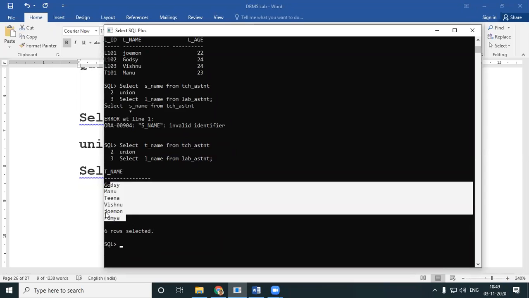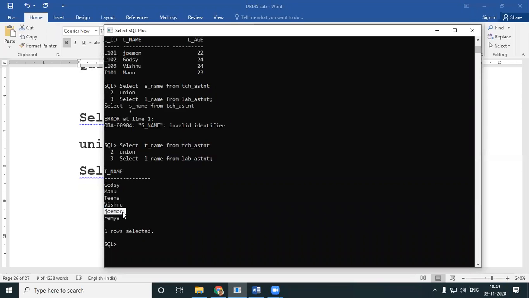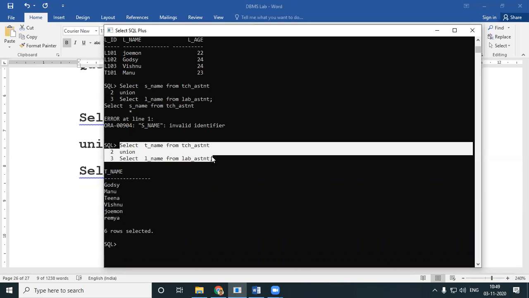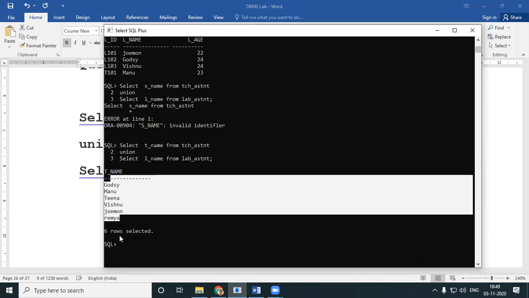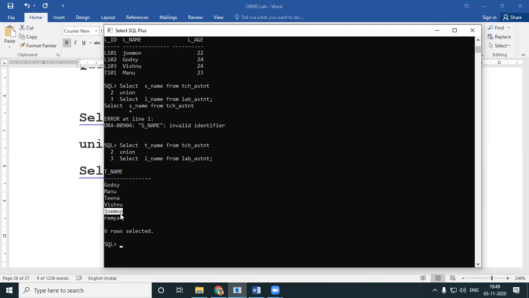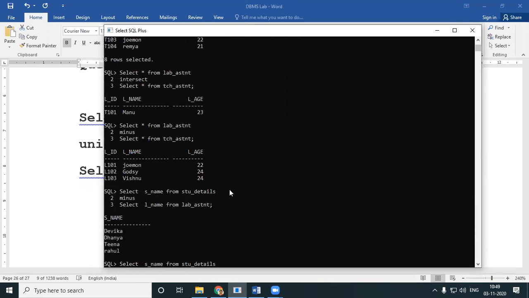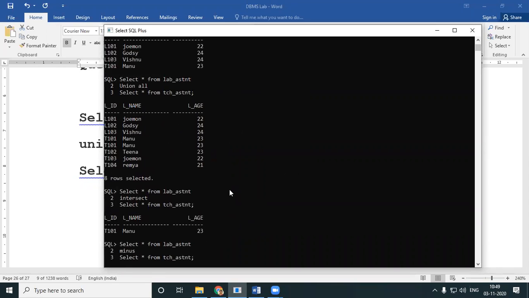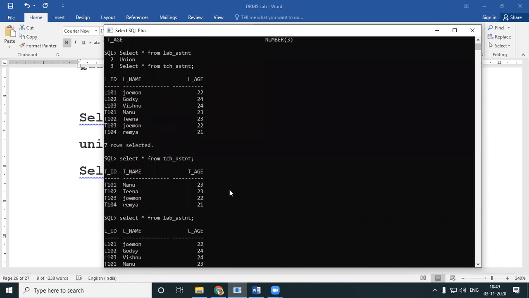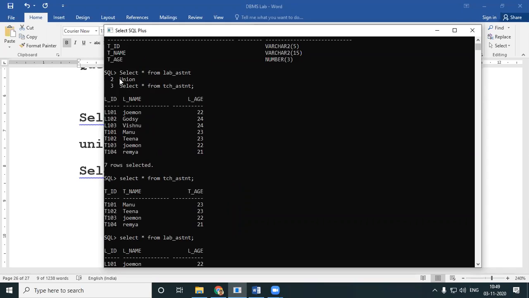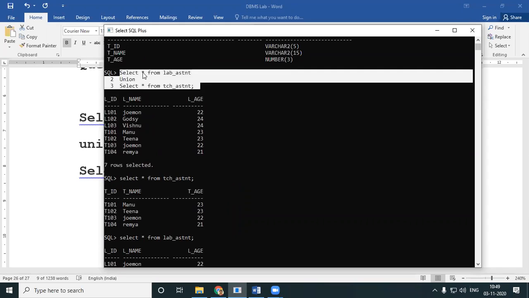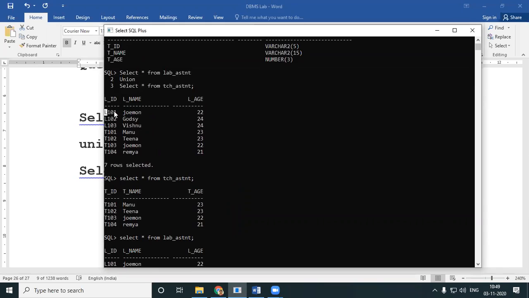Okay. Now, if you look here very carefully, Jomon happens only once. Look into this query very carefully and look into the result. Only 6 rows selected. Jomon happened only once. But if I go upward, okay, look here. That same query, instead of name, I gave star. Look here, Jomon happened twice.